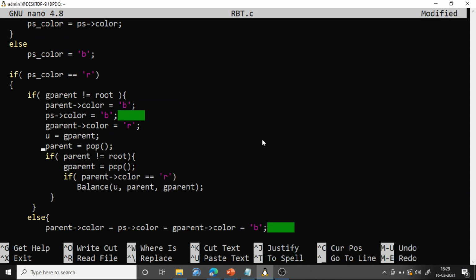Suppose there is a parent for u, but this parent itself is the root node. In that case, what will you do? Are you getting my question?